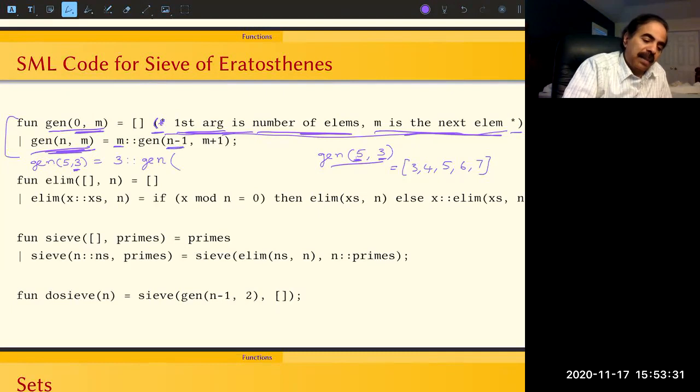Notice that this is n minus 1. So n was 5, so n minus 1 is going to be 4. M was 3, so m plus 1 is also going to be 4. And once again, you're going to match this rule and not the other one. So we are going to end up with,